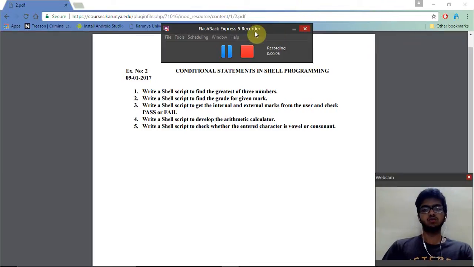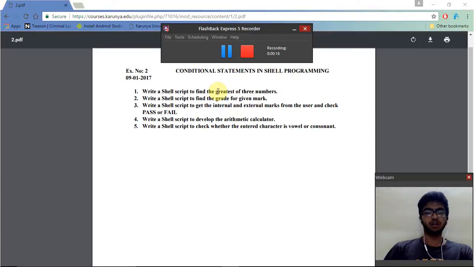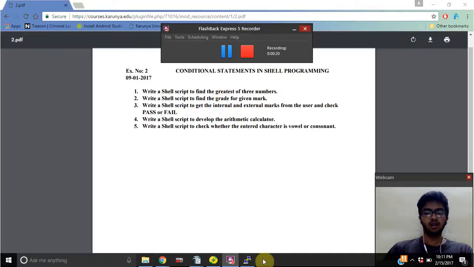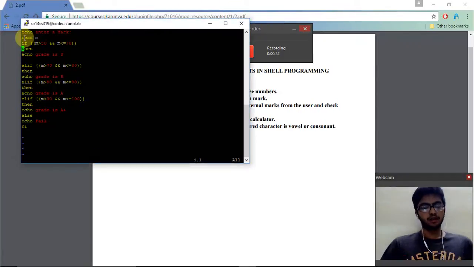UR14CS319, and I'm here to explain the second experiment of UNIX lab, which is about conditional statements and shell programming. We have 5 programs, the first of which is to write a shell script to find the greatest of 3 numbers. The code for that would be